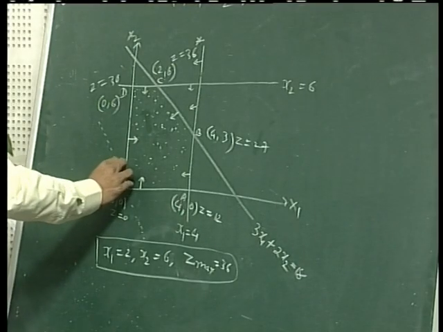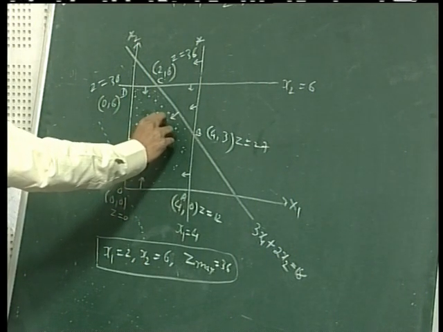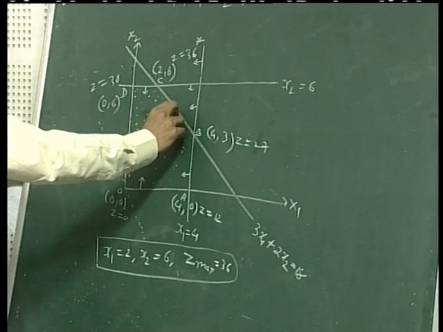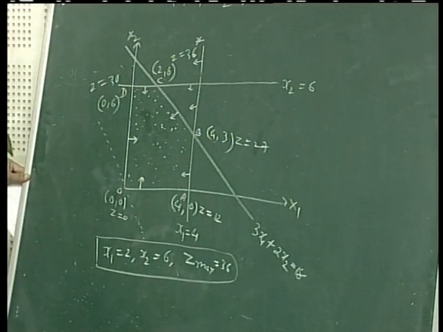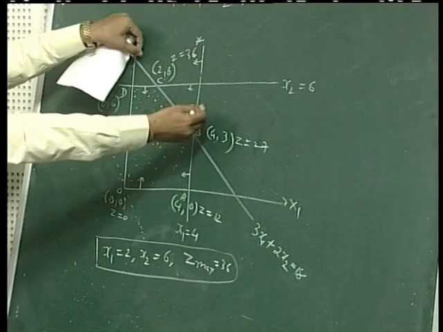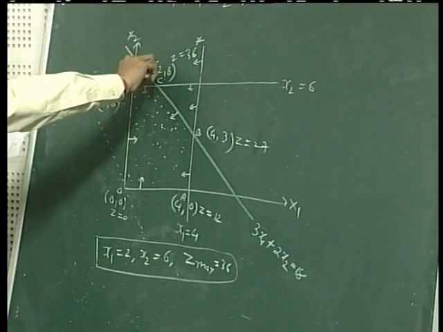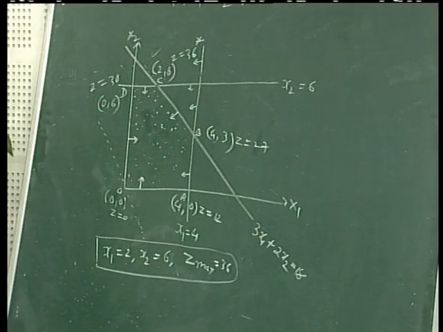So this line, keeping parallel to itself, is moved away as far as possible. The search is that it should go farthest possible, and it should contain at least one point of the feasible region. So just in imagination, if this line goes this way, and when it reaches farthest, it will be somewhere here like this, and it will contain this single point, and that point will give you the optimum solution. So that method requires a little perfect scaling, but is also used, and this is quick, you just work out the coordinate values. So this is how this graphical method works.